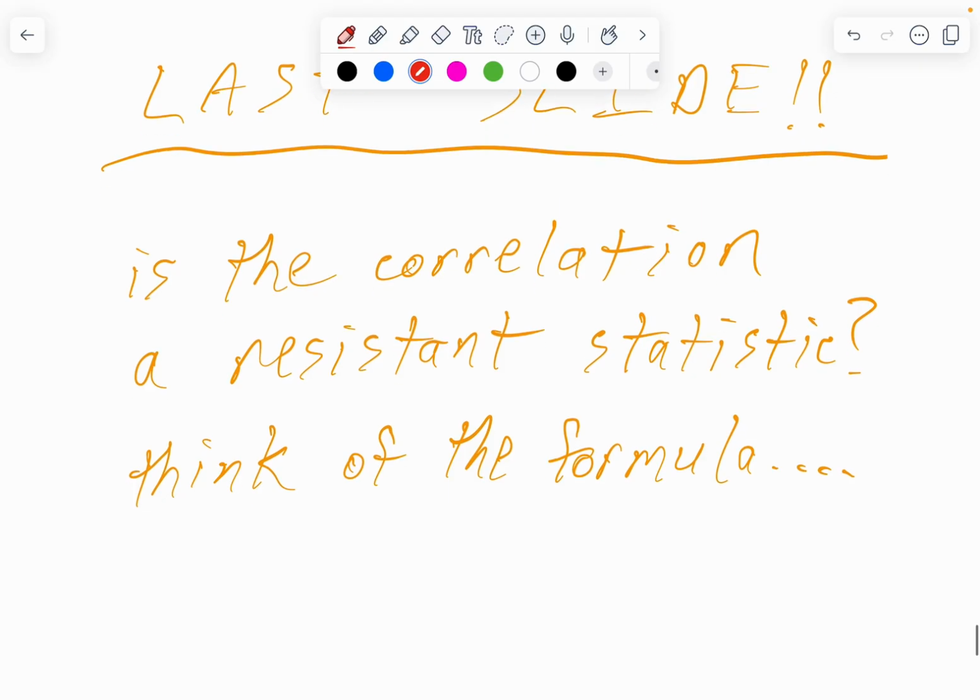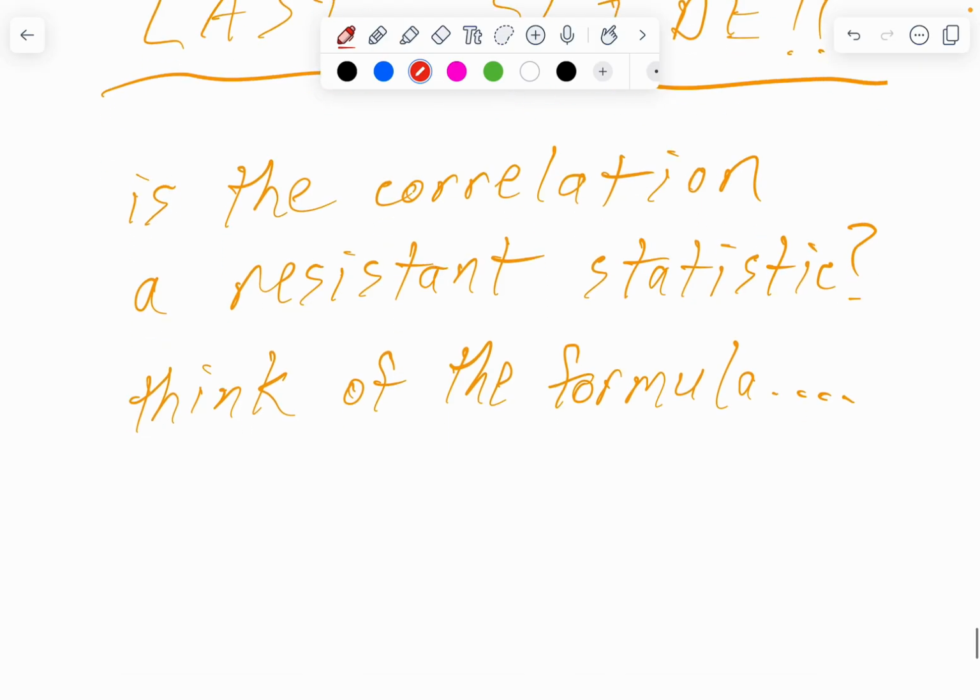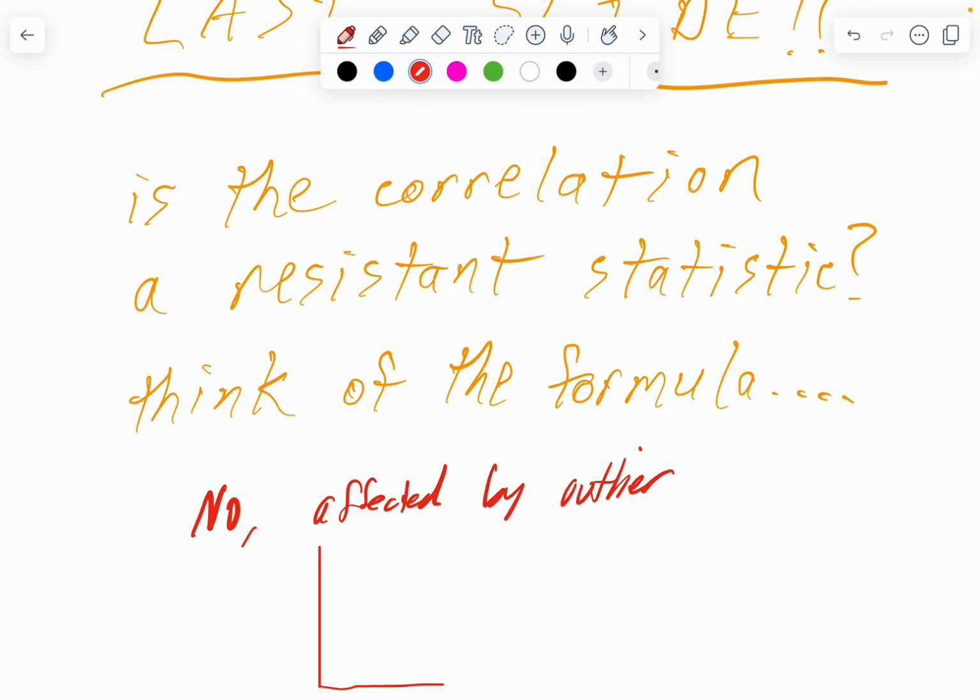Last slide is the correlation resistance statistic. It says think of the formula. And basically no, right? The correlation coefficient is affected by outliers. And one way an outlier can impact correlation is, say, for example, you have a scatter plot down here where the relationship is basically 0. Maybe put another dot there. And then if I add in an outlier way out here,